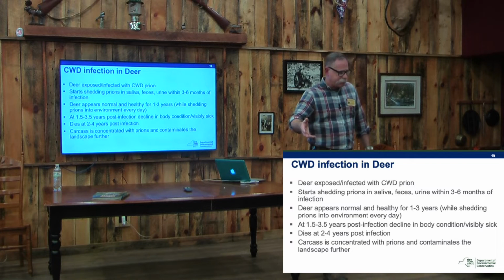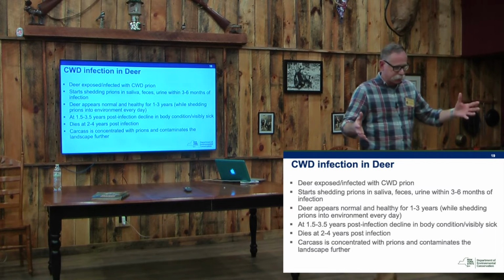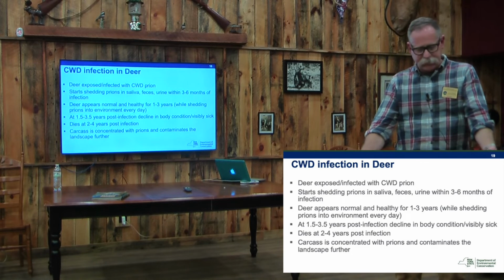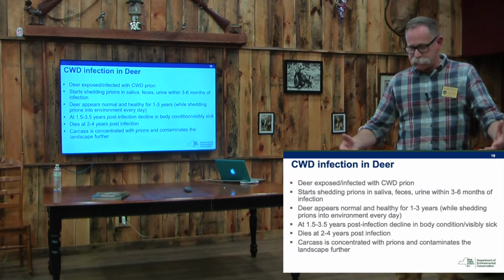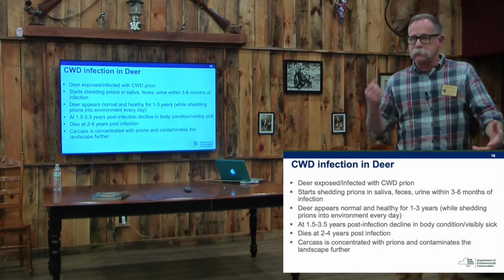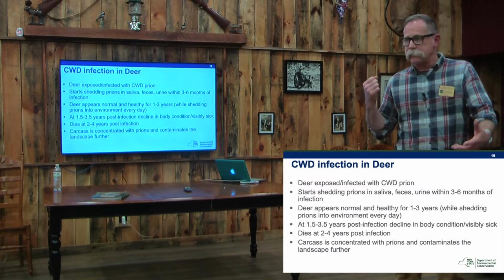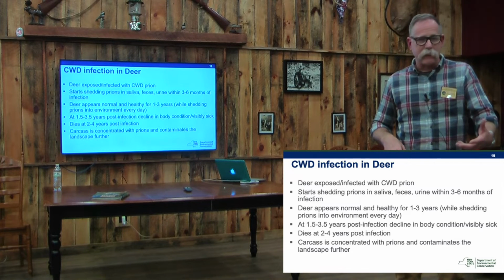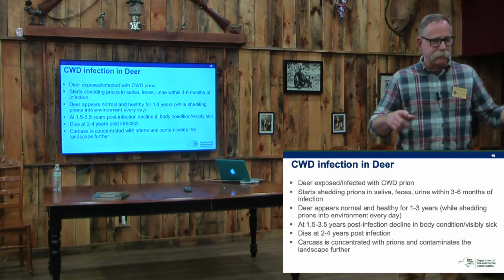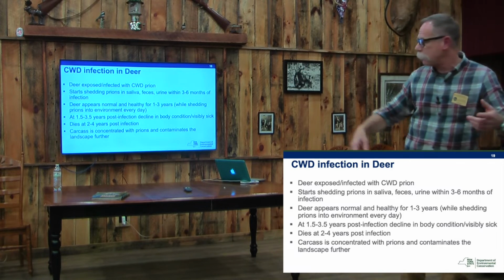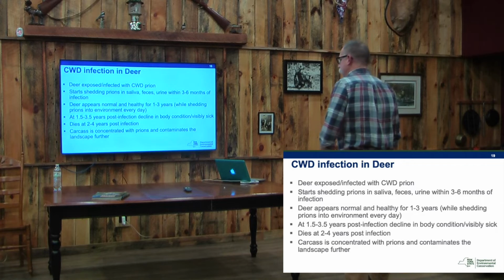And if they die on the landscape, now the prion load is huge, especially in the brain and the spinal cord. So the carcass is laying there. Depending on the season, if scavengers come and eat it, well, soaking it in 50% bleach for an hour is what it takes to kill it, so a trip through a coyote digestive tract or a crow digestive tract is like a ride at Disneyland for the prion. It just gets pooped out a mile away, and now you've got prions in another spot.